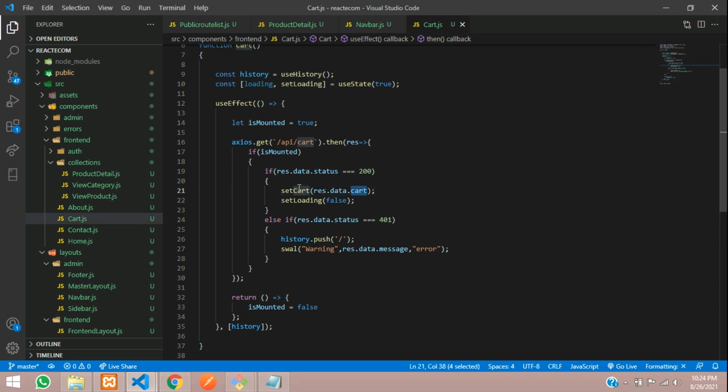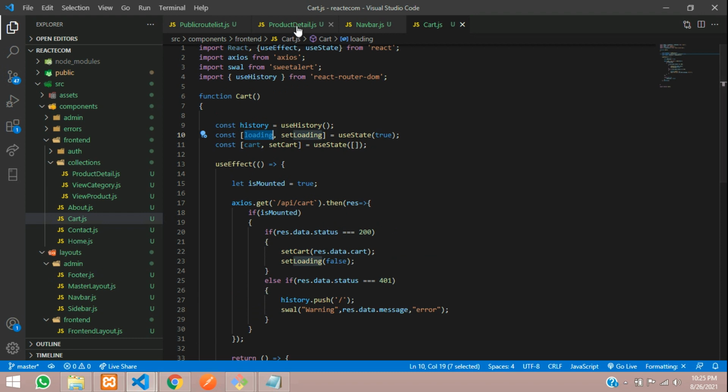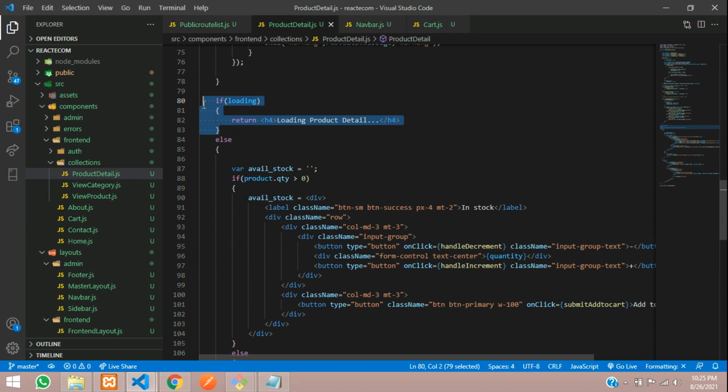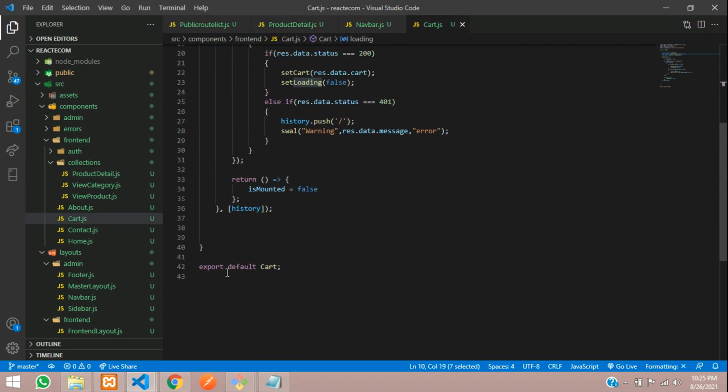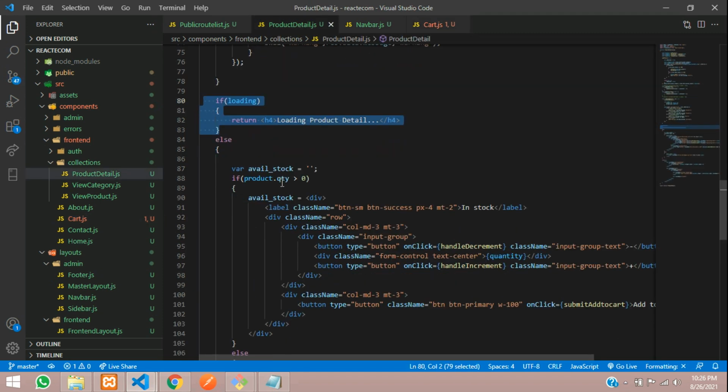Now let's create a useState. Let's copy and paste, copy the set cart and create an array for this. Just create cart. Perfect, guys. Now we will set the loading first. Let's get back. Let's copy this loading, paste, and return function. Open, and let's copy the design from here itself.